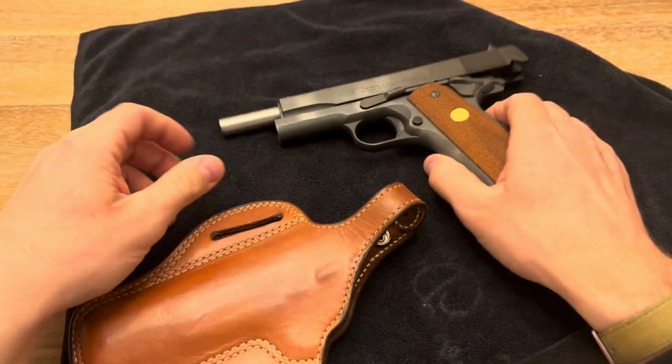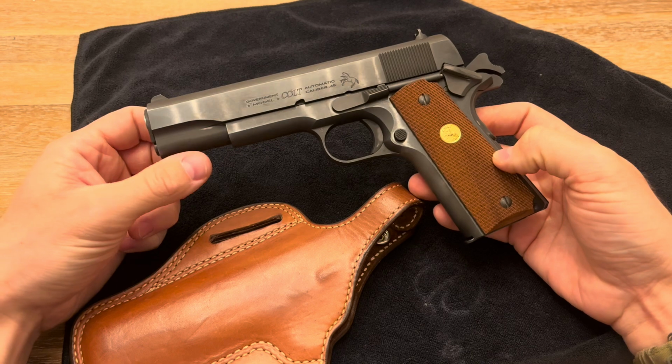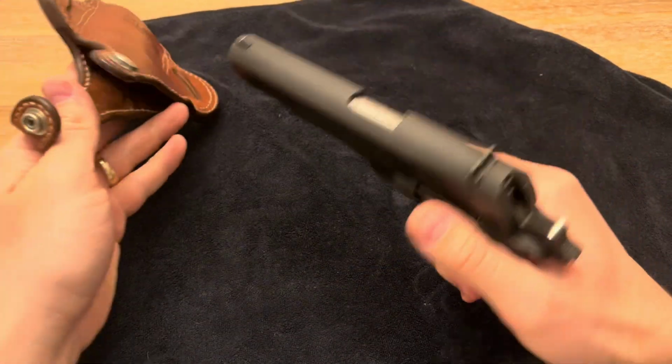Here, I'll go ahead and safe the gun. And this is obviously my Colt Government. I'll do a video on this too at some point. But yeah,